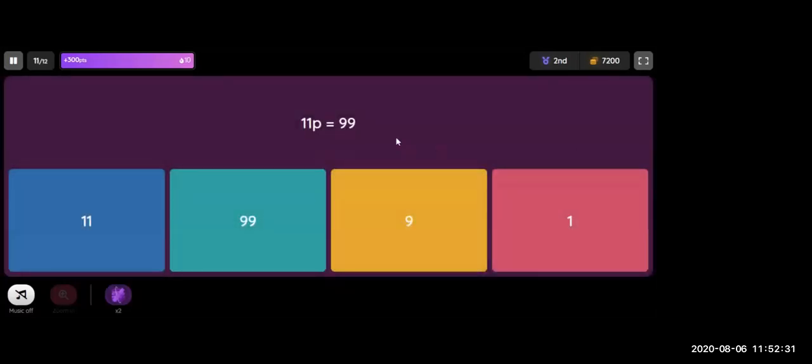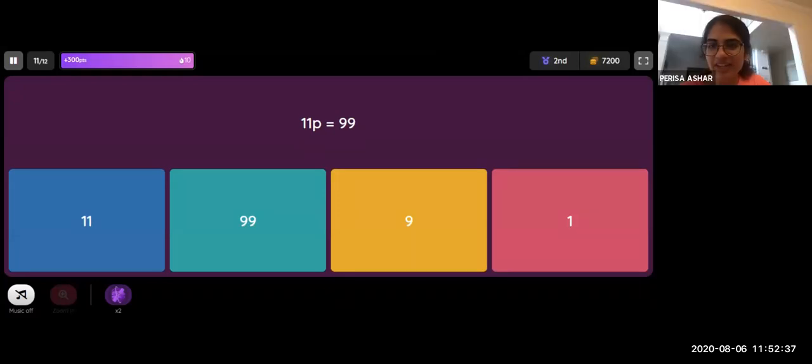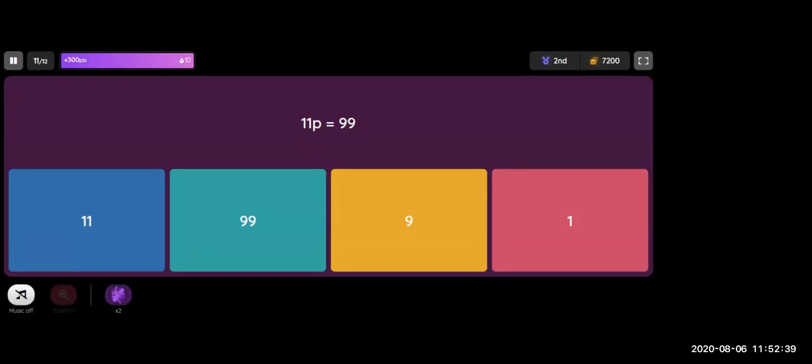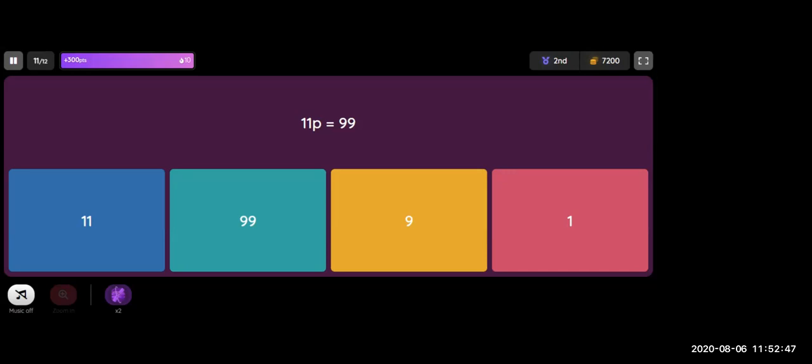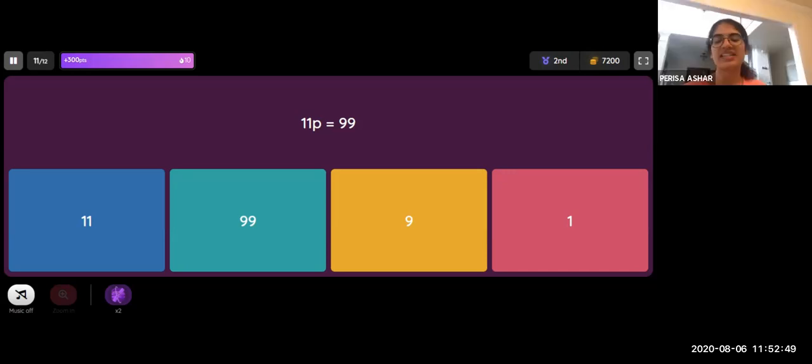Okay, so 11p equals 99. Good job, Camden. Oh, and G, good job. You guys all got the right answer. Oh yeah, I didn't see that. Yes. In this case, 11p equals 99, as Camden, G, and Gurjab said,